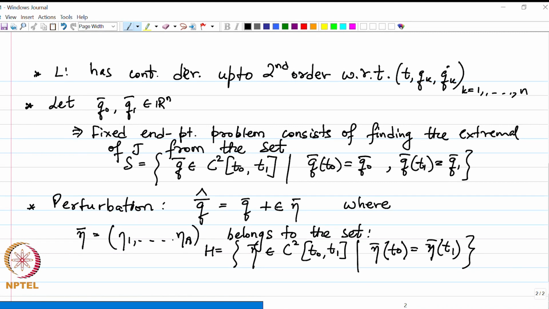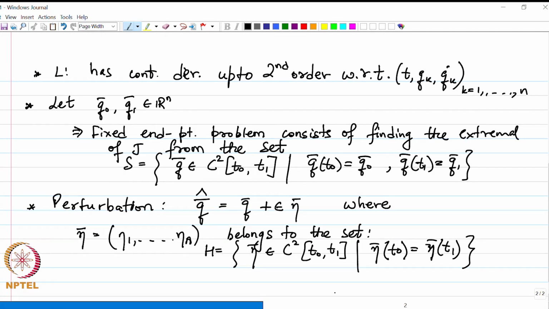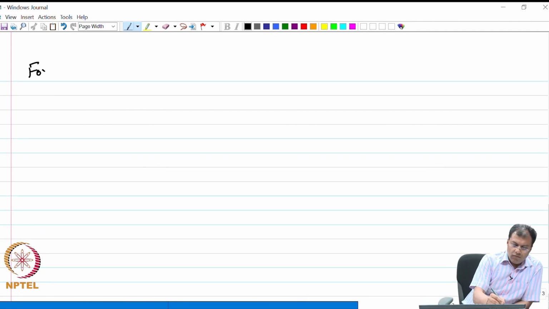now I am ready. So, the moment I have described my perturbation, I am ready to expand my integrand. Let us go back here. I am ready to expand my integrand L in terms of, let us say, if I have an extremal q bar, I am ready to expand my integrand in terms of the extremal q bar using Taylor series. So, if we were to use Taylor series, let's go to the next slide. So, for small epsilon, the Taylor series